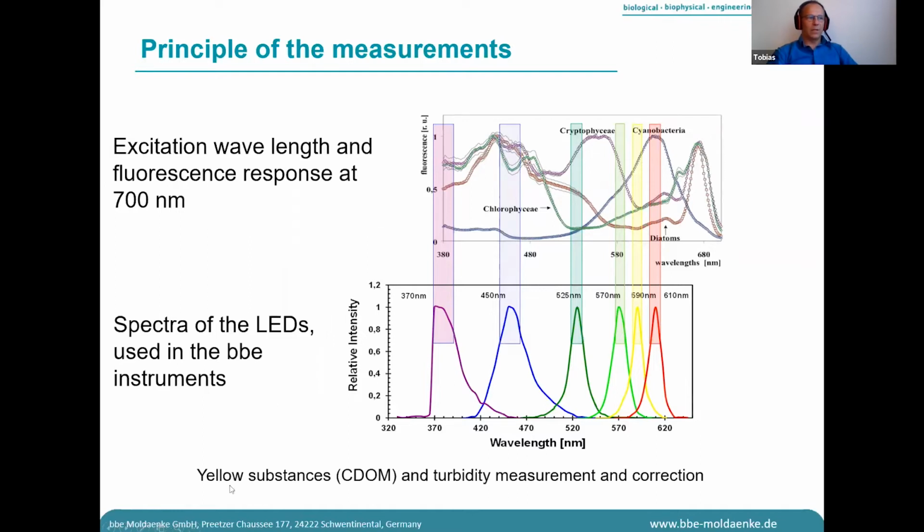And that's a very important thing: yellow substances, CDOM, and organic matter which has a fluorescence, we measure them and correct them, and we also measure the turbidity and apply a turbidity correction in these instruments.